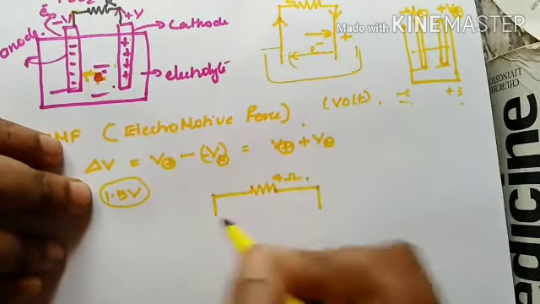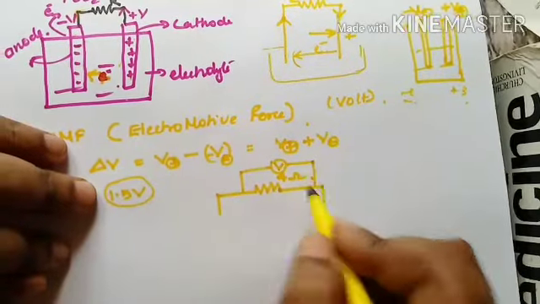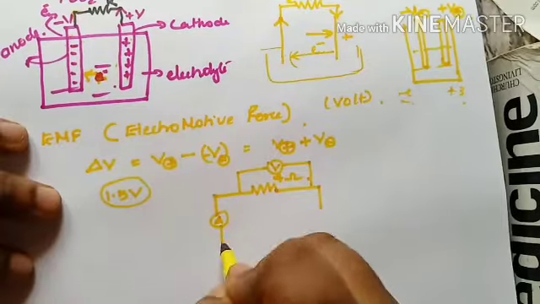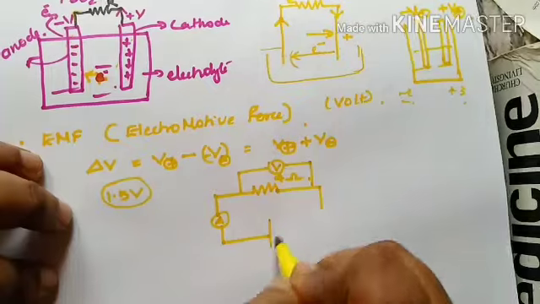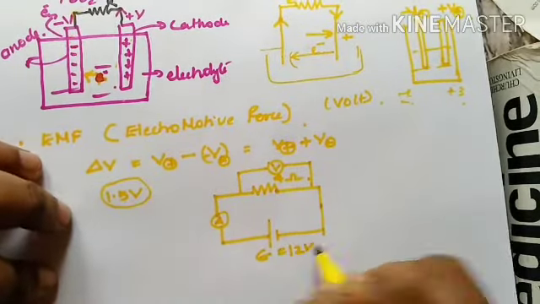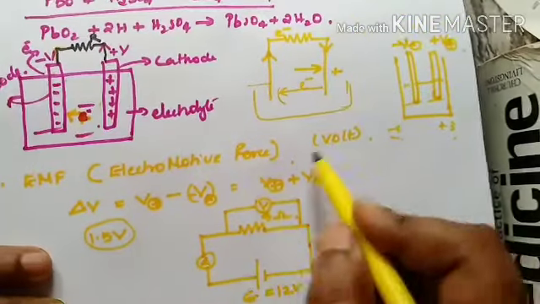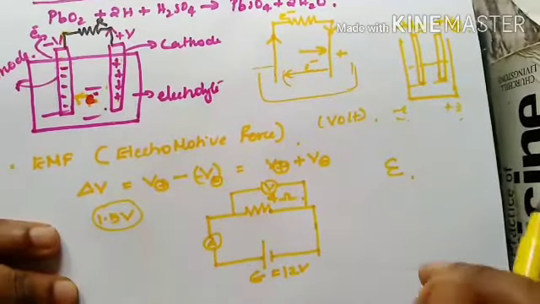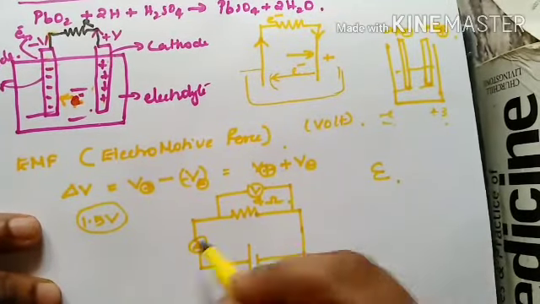Suppose this is my circuit. Suppose this is a 4 ohm resistance, and I always connect a voltmeter in parallel. I hope you understand why voltage is always the same in parallel, whereas to find the current, I connect an ammeter in series. I'm having a cell which has an EMF of 12 volt. I forgot, EMF is represented like this. It looks like E, but it is epsilon, or whatsoever, written as E, as your textbook indicates. Clear? Now this is your circuit.